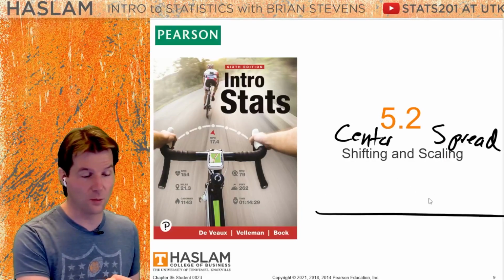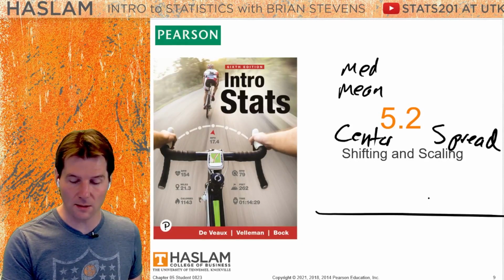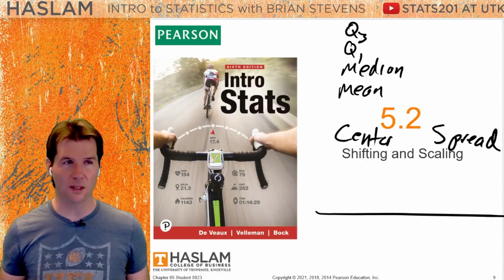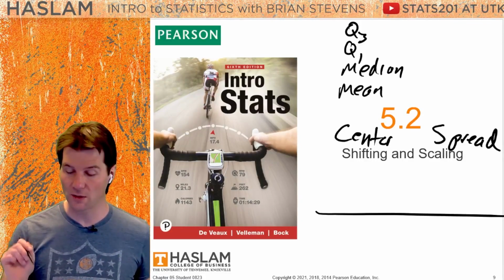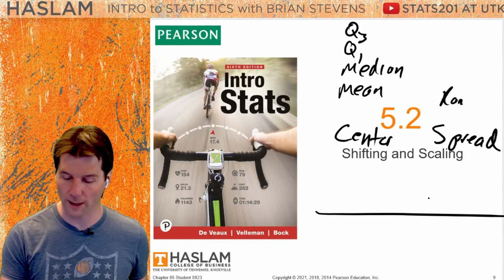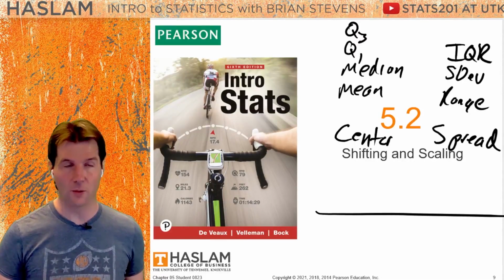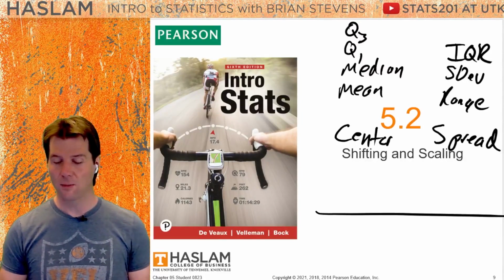So think about what changing the center would change. It would change the mean, it would change the median. It actually also changes things like Q1 and Q3 because those are just positions. It's like the mean's a position and the median's a position. Now the scaling would change the spread, which would change things like range, would change things like standard deviation and IQR. So it would not change, in some instances, the shape of the data, as we'll see,